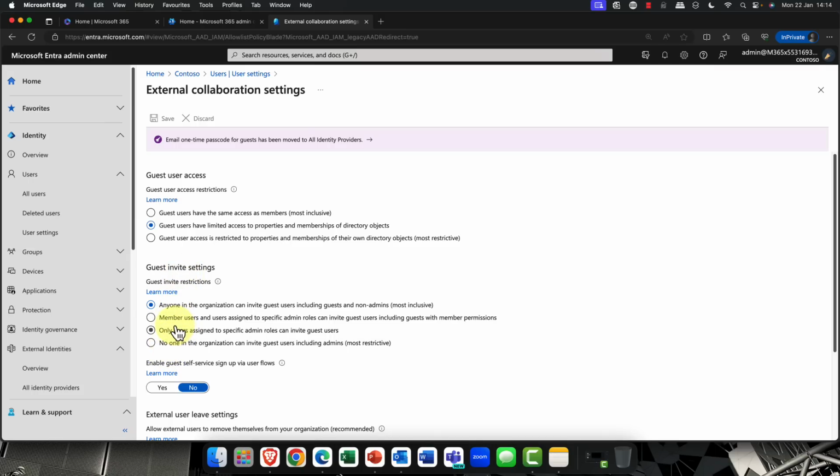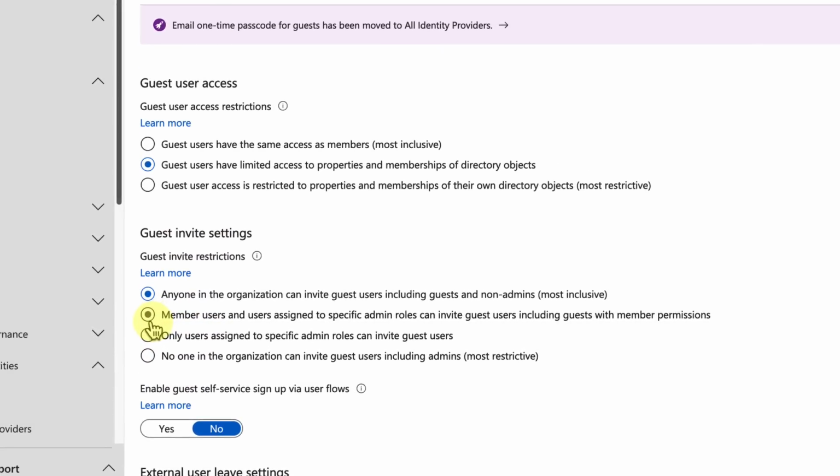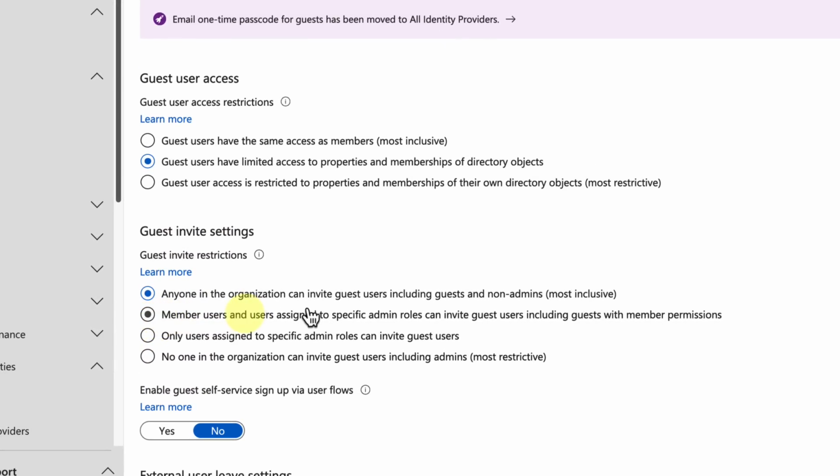Who can invite guests? Are you just going to leave it open for everybody so anyone can invite? Member users, so members of course within Teams, and users assigned to specific admin roles, or only users assigned to specific admin roles, or no one. So if you want it completely locked down, then you can shut it down.